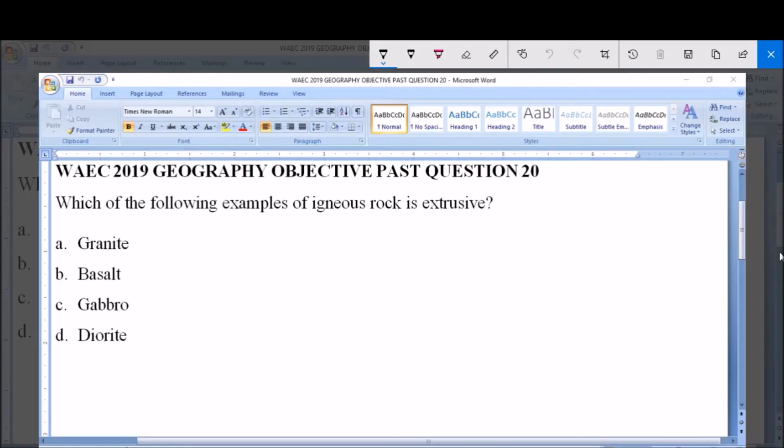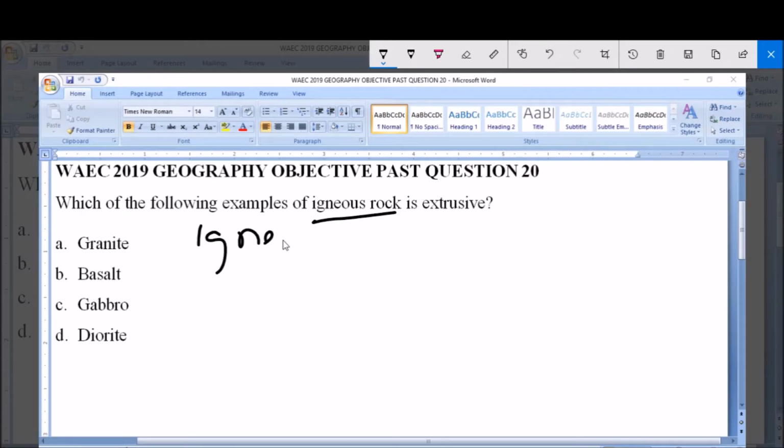Hello, I'm going to be answering WAEC 2019 Geography Objective Past Question 20. Which of the following examples of igneous rock is extrusive? A. Granite, B. Basalt, C. Gabbro, D. Diorite. So we are looking at igneous rock, which is of course a form of rock, and igneous